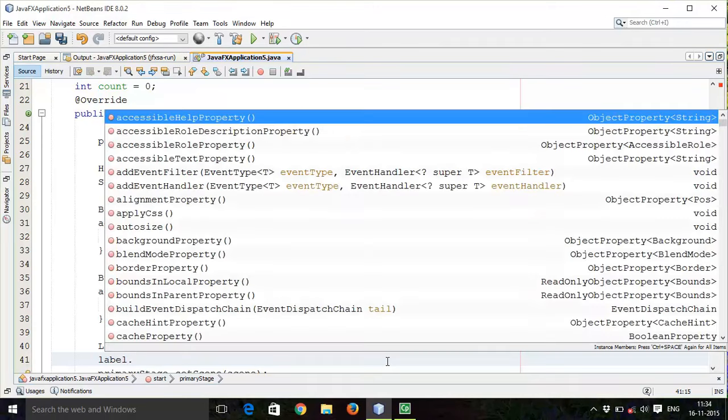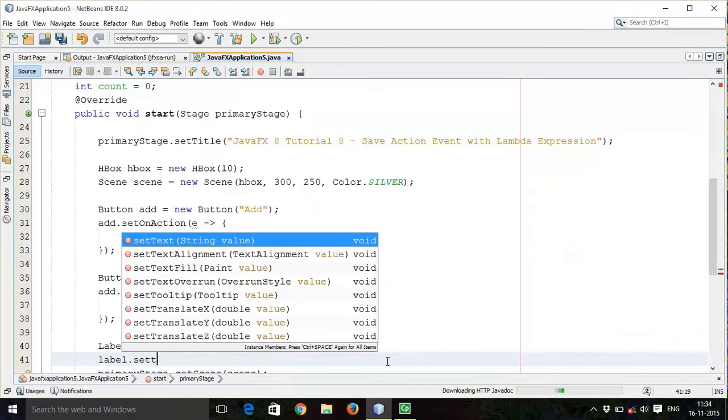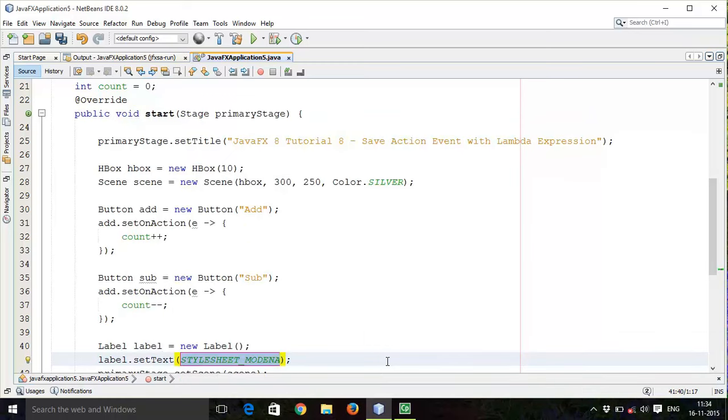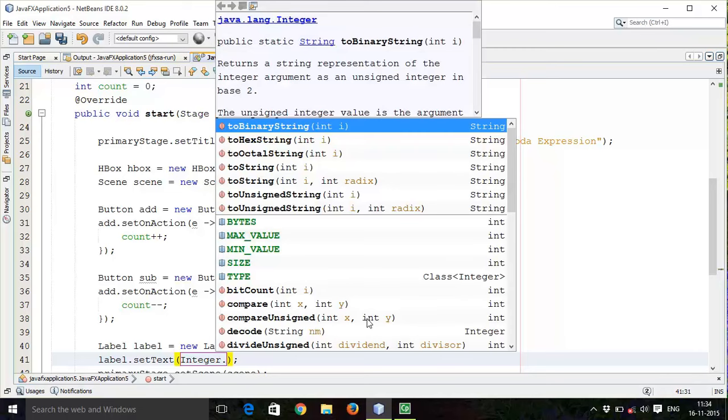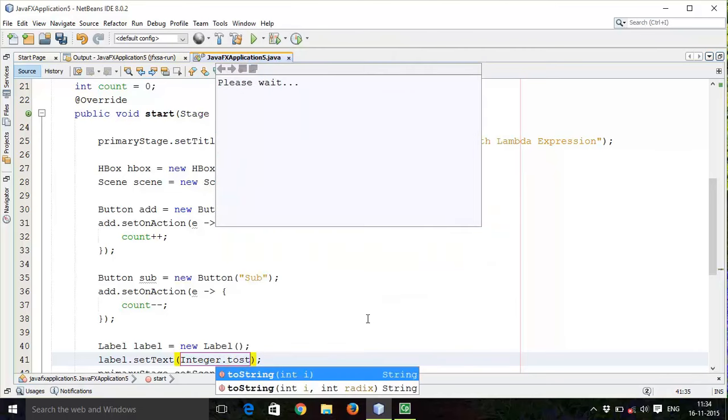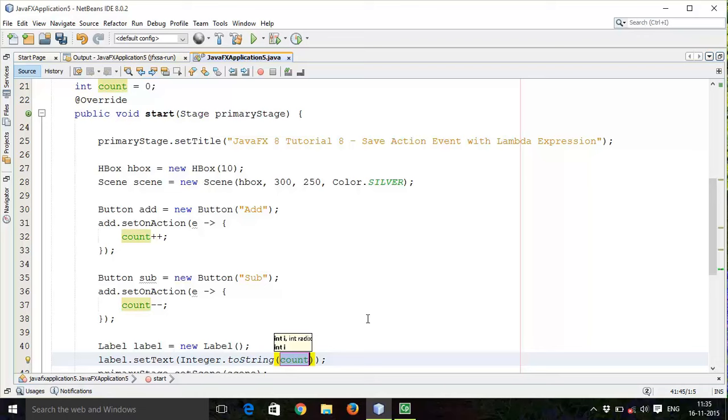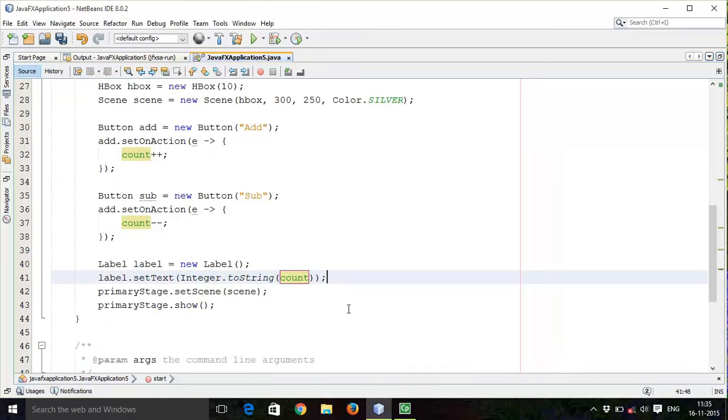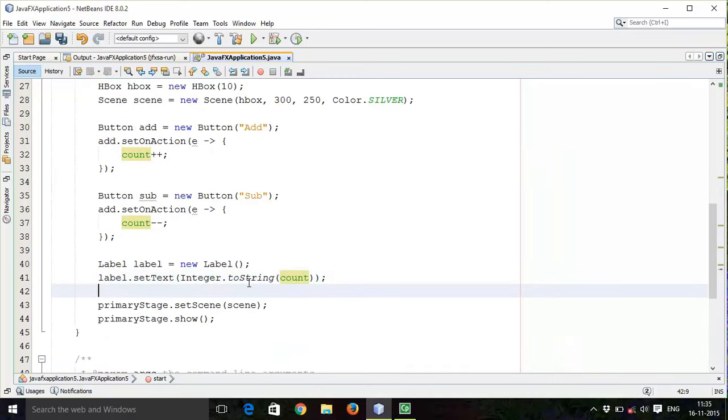So label dot set text. Now convert this. The result is in integer format, so we have to convert that integer to string to print on the label. So Integer dot toString, convert that count to string, so this will print on the label field.